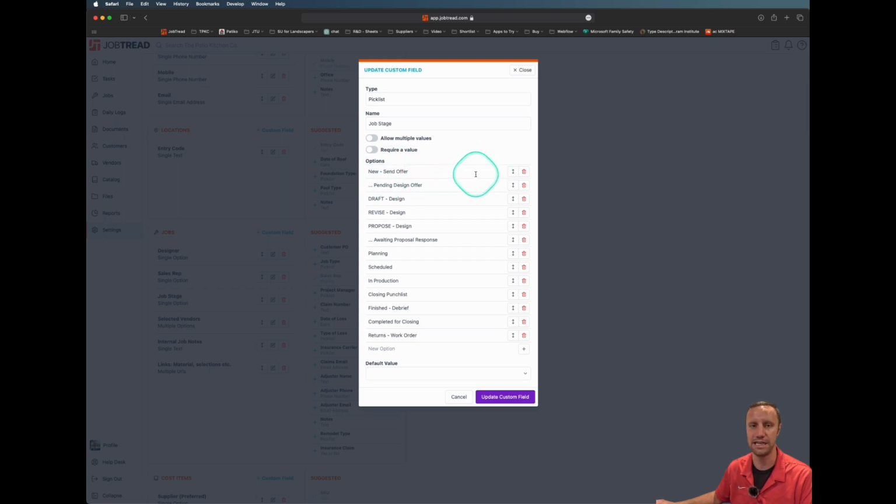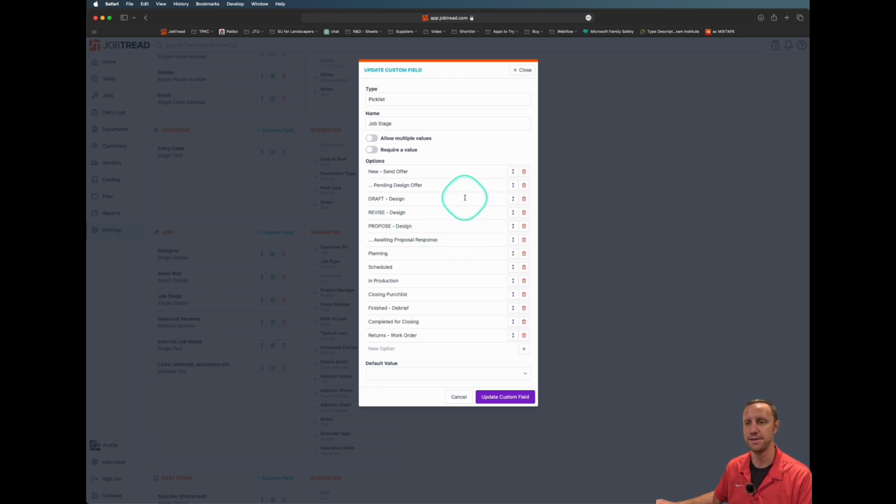They need to get out of this bucket really quickly. We need to be offering them a design and waiting to hear back, and that's what these two ranges are. Or if we're needing to send them the proposal, then they're awaiting. We'll put them in propose, and we've sent them a proposal or a quote, and we're waiting